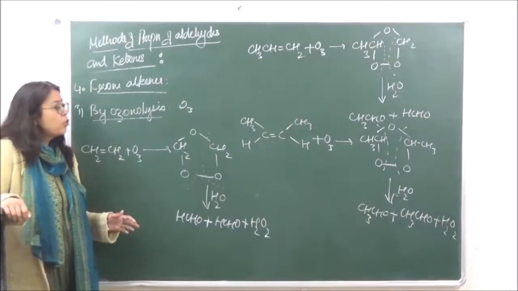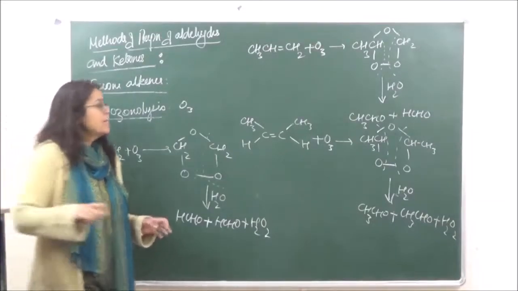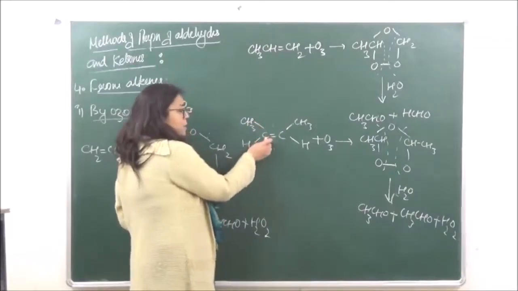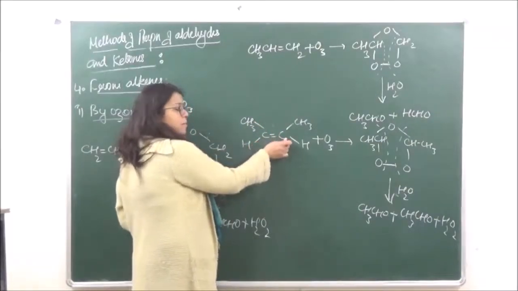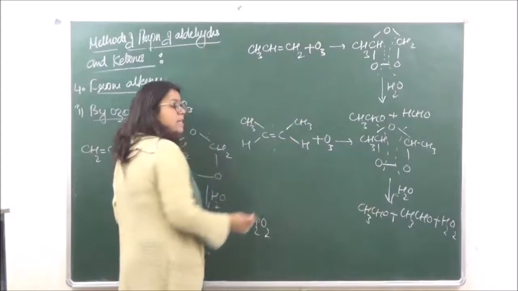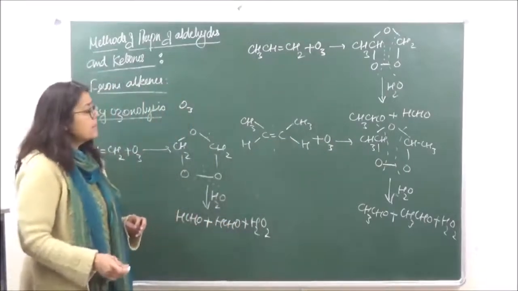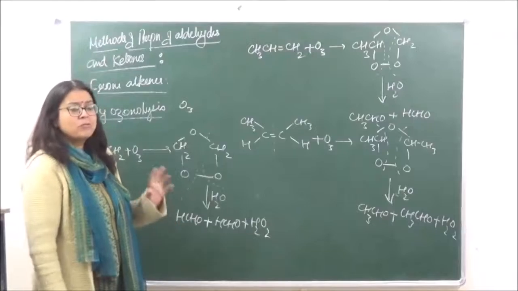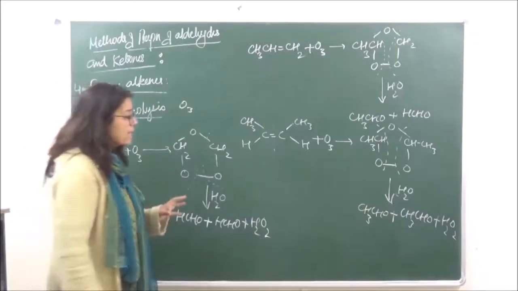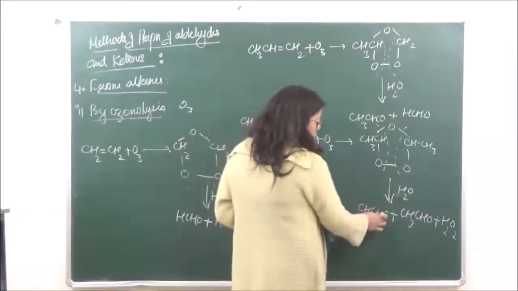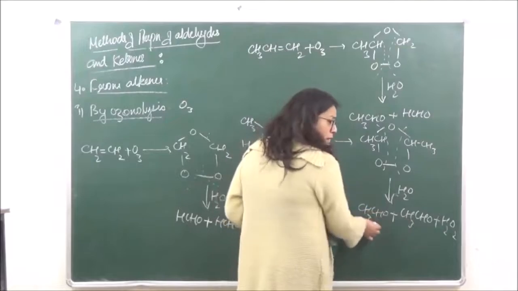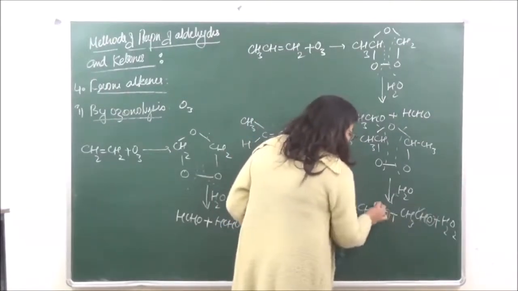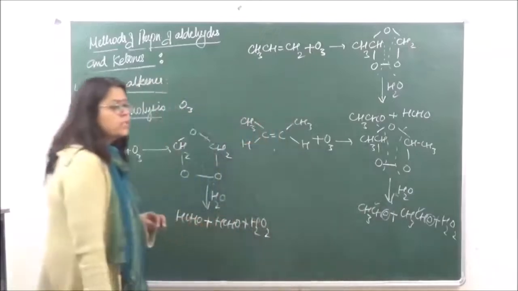Right? Now in order to work out the products in your competitions, you do not have to go through the entire reaction. The only thing you have to do over here is that the cleavage of the bond is going to take place from here, and you have to add a double bond O to this carbon atom and a double bond O to this carbon atom. That is going to be your products. Now if the question comes in such a manner that the products are given to you and you have to find the reactant, in that case you have to remove this oxygen and remove this oxygen, and there is going to be a double bond between these two carbons.